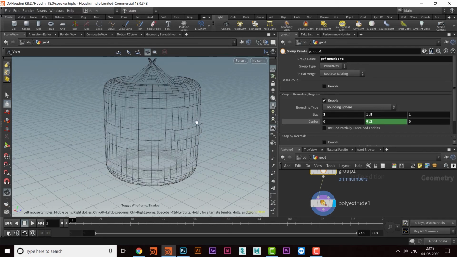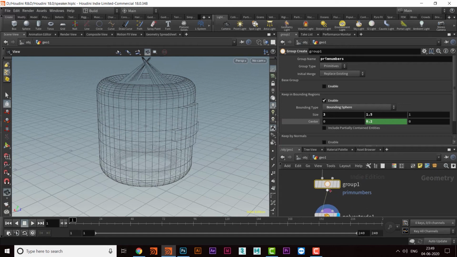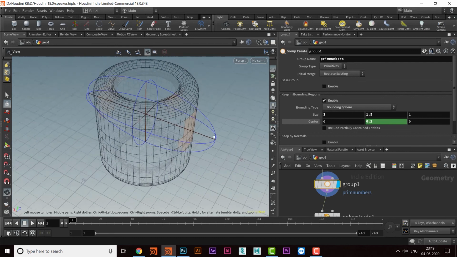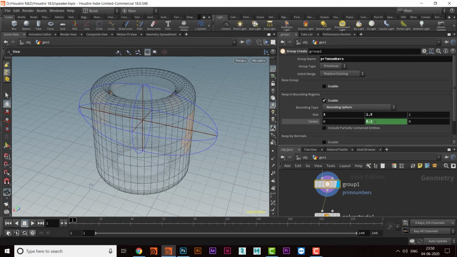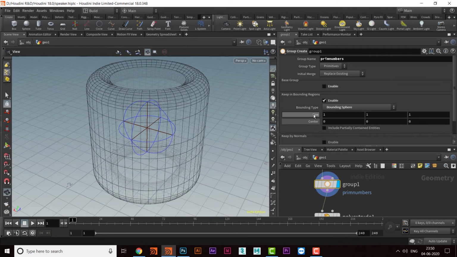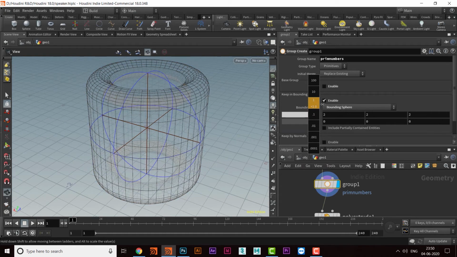So we'll press W again, and then we'll see the size of this thing. So I'll come here, and then maybe I'll come back to the default value. So how can we do this? Press Control and middle mouse button, and then it will come back to default values. So I will come here, take middle mouse button, and then reduce the size.